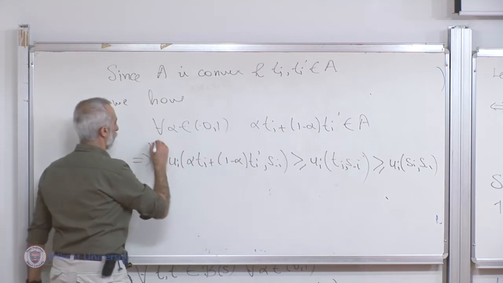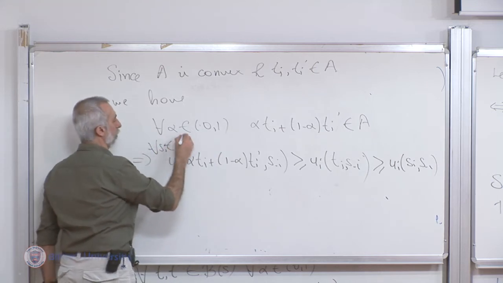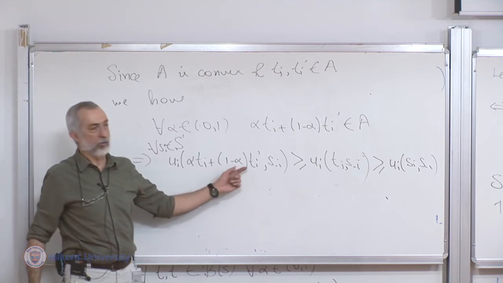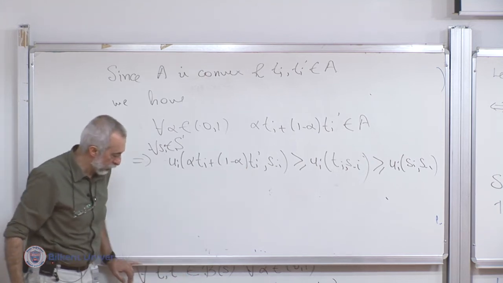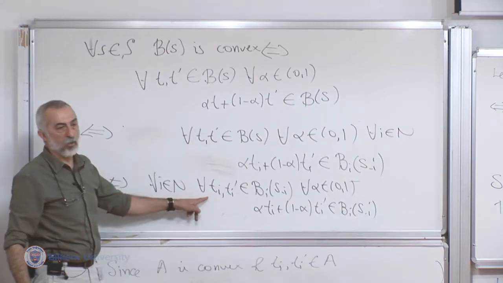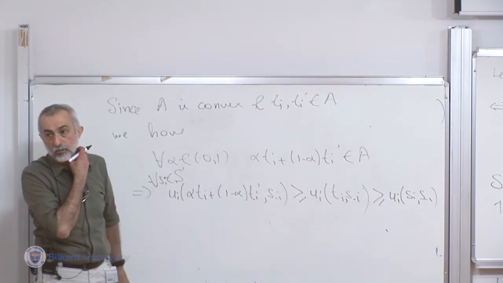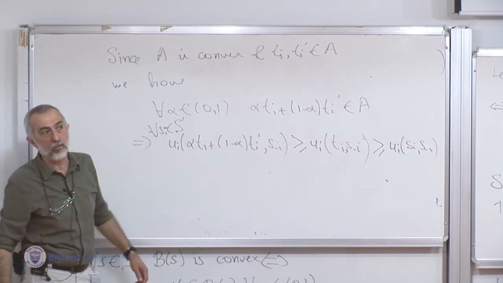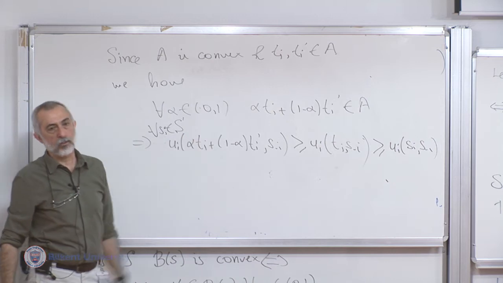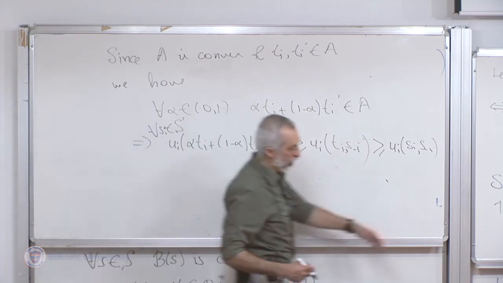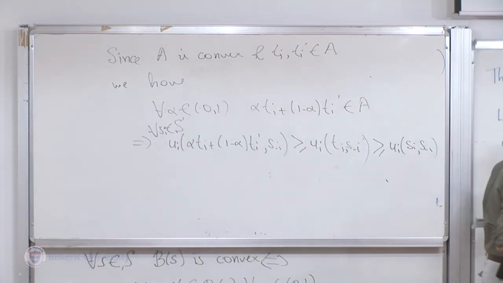I for any Si in calculus I. Which means that alpha Ti plus 1 minus alpha Ti prime is the best response. So that's what we wanted to show, and that's where we arrived. And the key here is, again, as your friend suggested, quasi-concavity of Ui in its own component. Okay? So far, so good? Any questions? So quasi-concavity of Ui guarantees that the